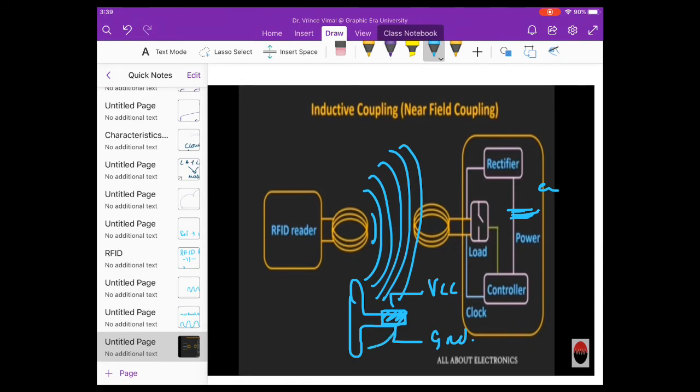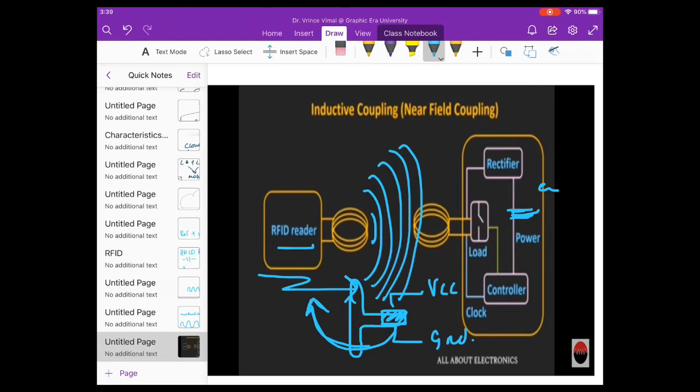It transmits it back onto the forward signal, and this way of transmitting the tag's information, the tag's EPC, back to the RFID reader is known as backscatter. And how does it do it? It simply changes the impedance of the signal.